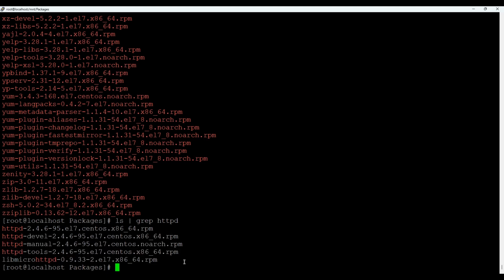Let's say I don't have the DVD-ROM available, or my package is not available on this CD. So what I can do is I can go onto the internet and download the RPM. Let's say I have this RPM available on the internet. So what I will do is